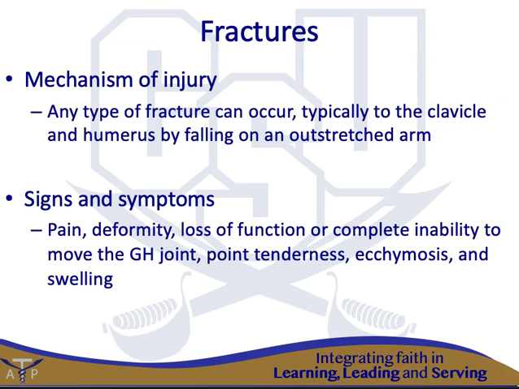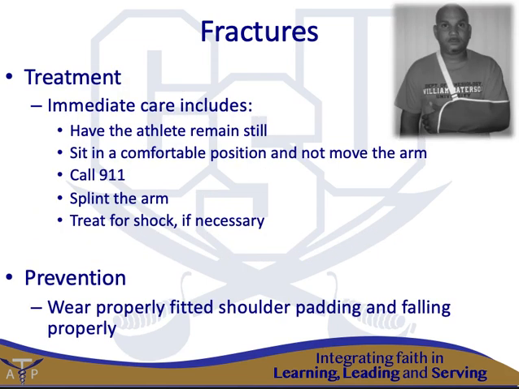Typical signs and symptoms include pain, deformity, loss of function or complete inability to move the shoulder joint, point tenderness, ecchymosis, and swelling. When we have somebody with a fracture, we need to treat them immediately. We need them to remain still and calm, sit them in a comfortable position, and have them not move the arm. We can also call 911 or have someone else call 911 for you so the athlete can be transported